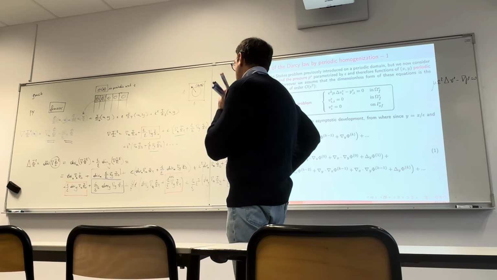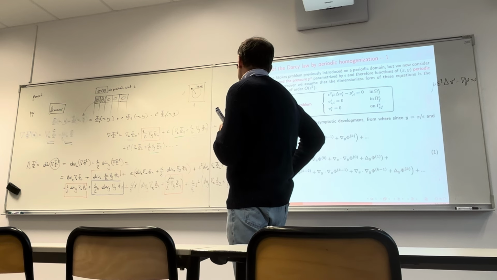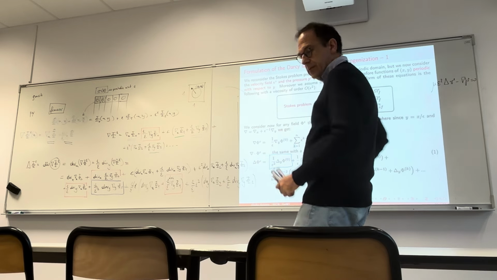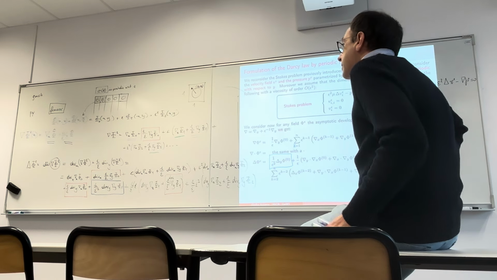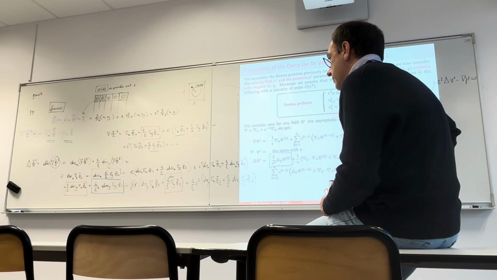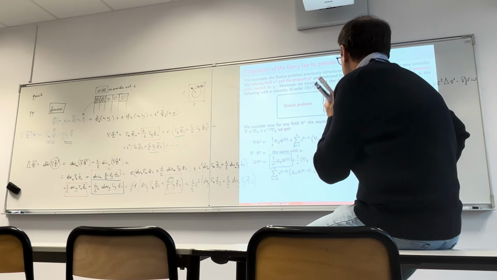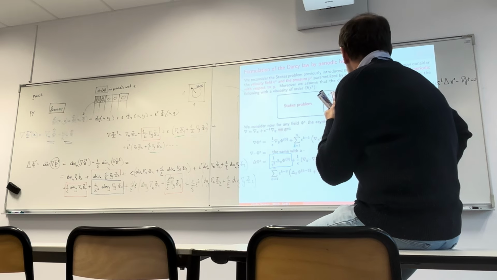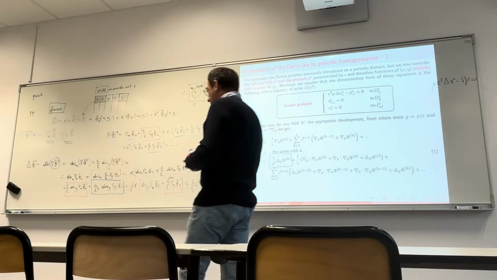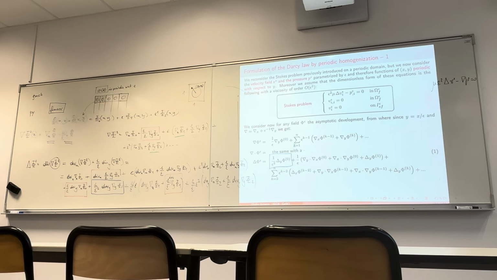One over epsilon times epsilon squared can simplify. No, I think it's over. Yeah, I think it's over. Anyway, so, then terms of order